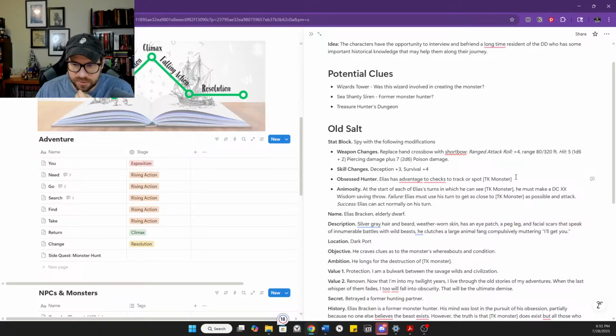Let's see. Ben Older says maybe -10 movement for speed due to leg. Yeah, that's kind of what I was thinking here. And so we change his movement and his climbing speed, either -10 or -5.